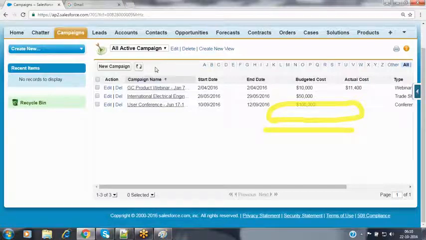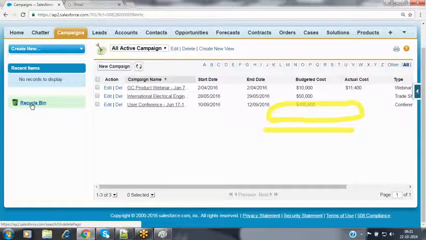Then how can we get back that record information? The records you have deleted will be stored inside the recycle bin. Just like a system has a recycle bin, and in your Gmail application you have a trash folder, in the same way Salesforce also has a recycle bin. From that recycle bin, we can restore that record back.